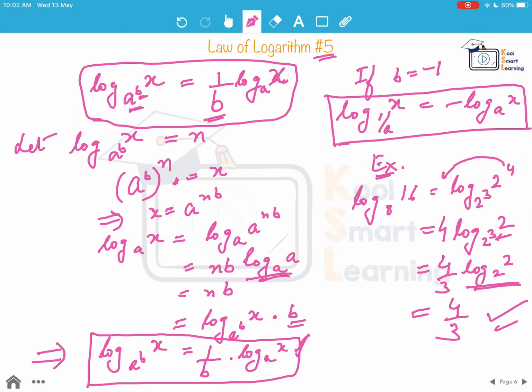Right? So we've shown some examples where we use multiple properties together to solve logarithm based problems. And we've shown the proof of all the properties so that it is understood clearly, and then it's easier to remember those properties and use them directly instead of taking a longer way of doing each and every step while solving the question. Right? So these are 5 properties that we've discussed in this session. There are some more properties which we are going to discuss in the coming session.